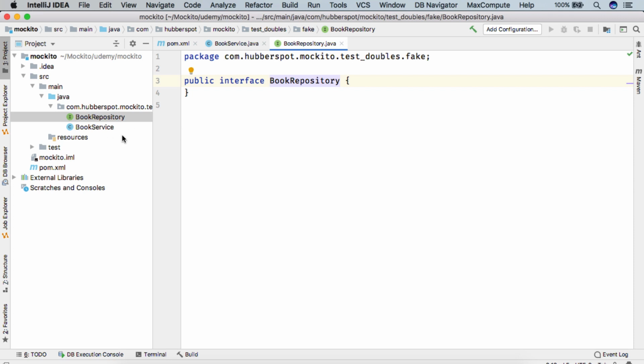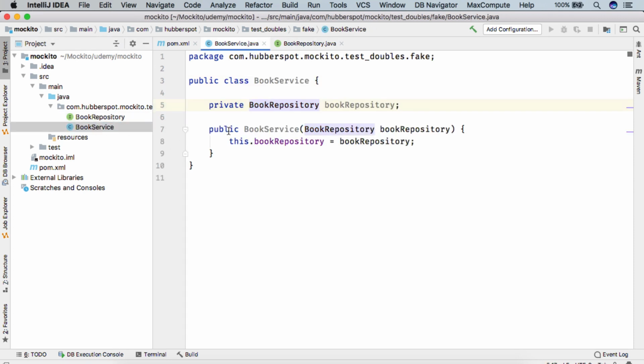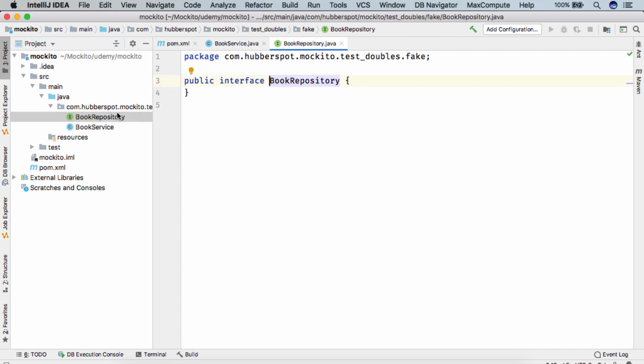In a real world project, the BookService is actually part of the service layer, and the BookRepository is part of the DAO layer. But here I am simply keeping it in the same package. So here let's say the BookRepository has two methods. One is the save,